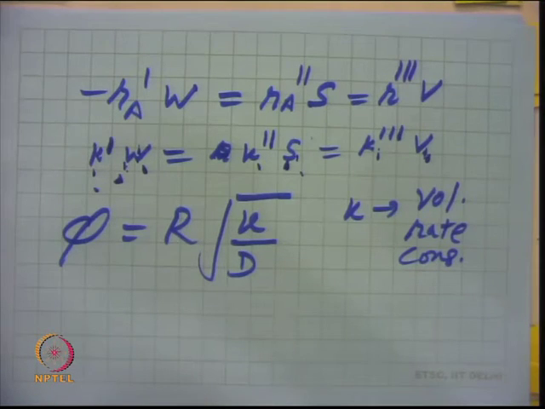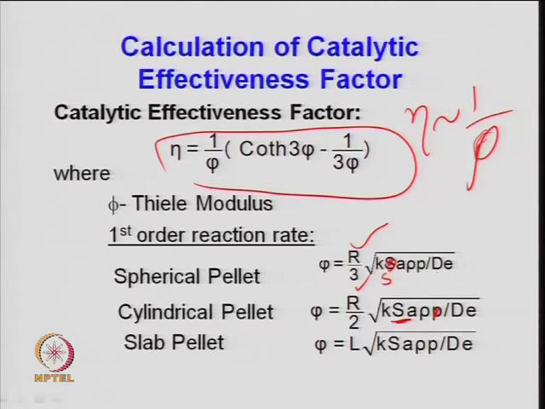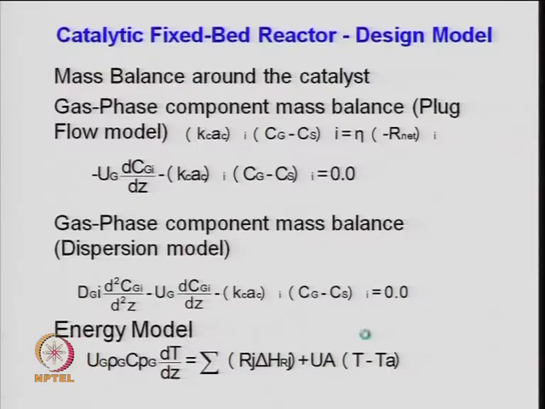For a spherical pellet this is the definition; for a cylindrical pellet L is R by 2, the surface to volume ratio basically; and for a slab it is the characteristic length, that is the width of that slab. These kinds of expressions have been used in reactor design models for defining what I have done earlier, that at steady state all these rates are equal, but there can be axial dispersion terms and radial dispersion terms, depending upon the non ideality parameters which can be studied based on hydrodynamic study or